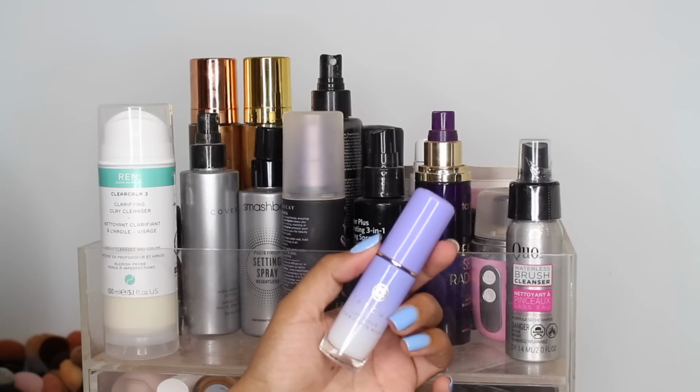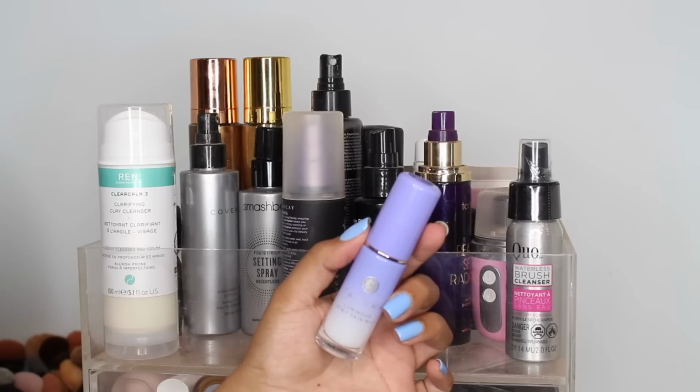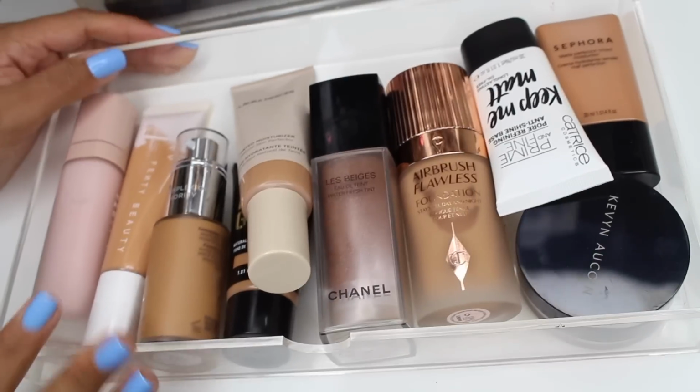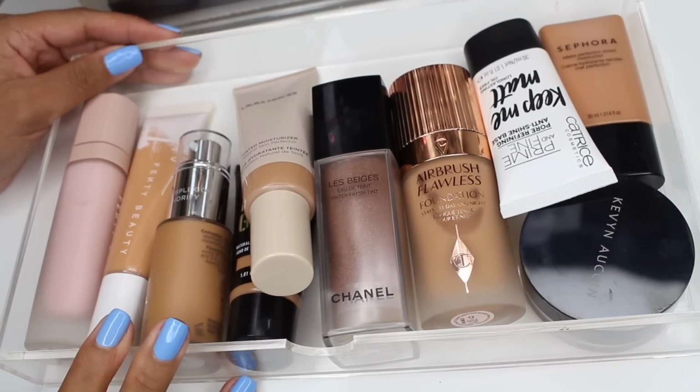But they did actually come out with a mist recently that is, I think, more targeted towards oily skin. I've tried this once and it seemed nice, but again, I will need to try it some more. So here we have foundations, and as I've mentioned before, I just got back from vacation a little while ago